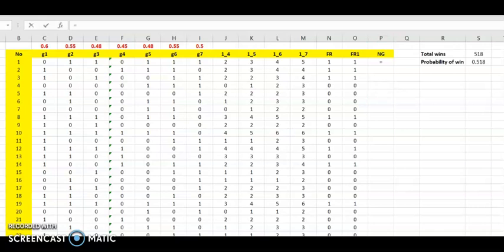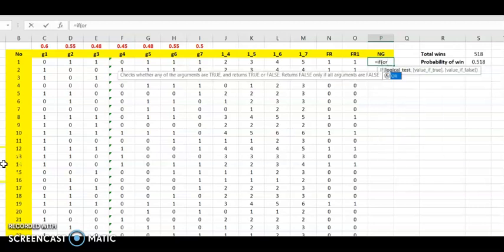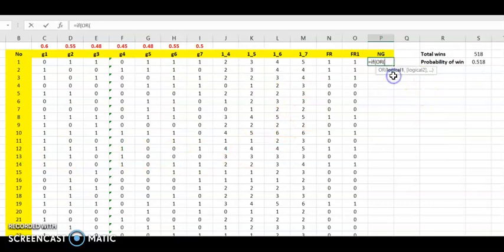Here we are gonna do a nested if statement to specify the number of games. And here we need to use the or statement for the first time. So we are going to do this, if, and we are going to use the or statement. As you can see, the formula is like that, if or. Check if the result of the first 4 games